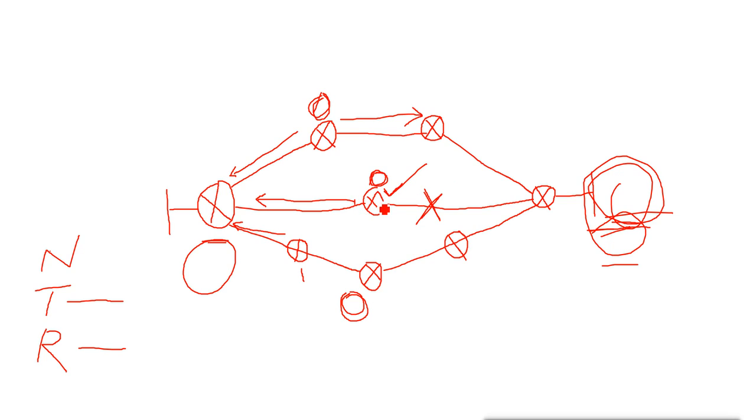The best path is already in the routing table, and when this path is down, OSPF again has to recalculate everything. Recalculate all the costs, send messages, receive messages, talk to neighbors, and then it will come to know that there is another path to reach that network, and then it will add that into the routing table. So again, the convergence time is less than RIP but more than EIGRP.